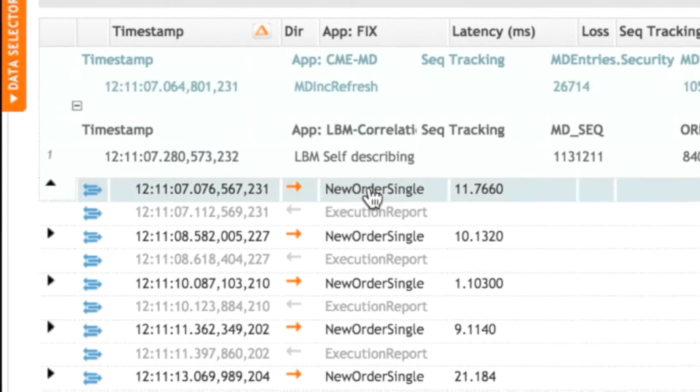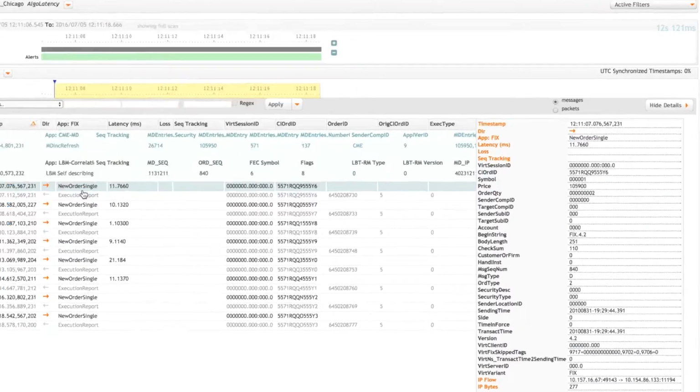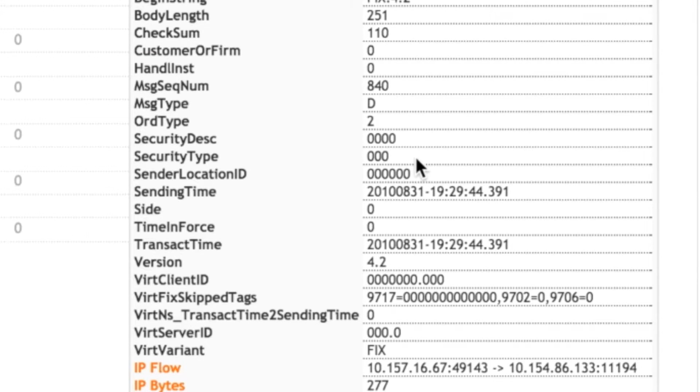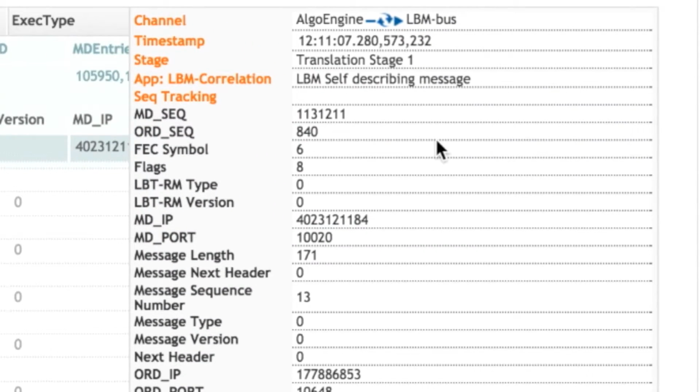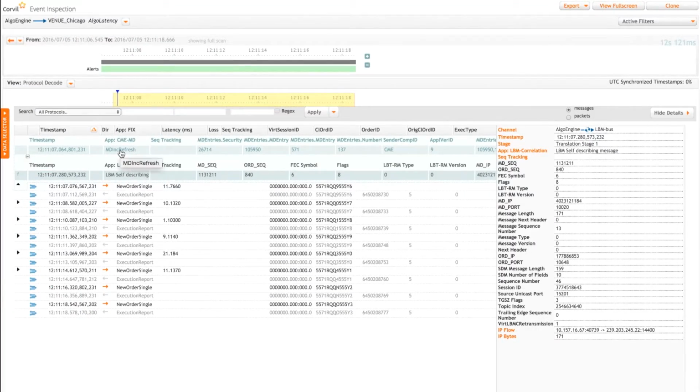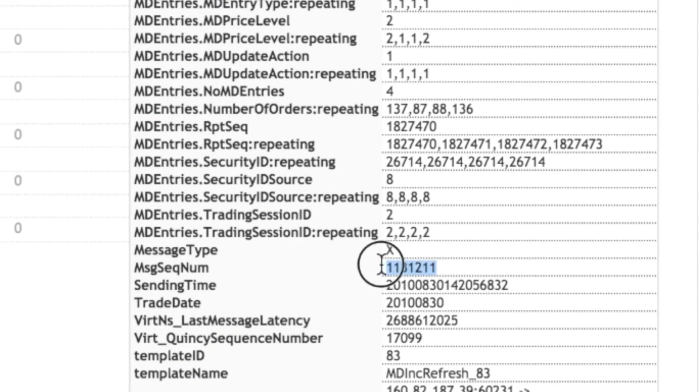So just to step through this in a little bit more detail, I'm going to open up the full message content on the right hand side, starting with the new order single. We have the fully formed order here, and within this we have a message sequence number of 840. Now, if we then look at the LBM message, we can see that it contains two fields, that order sequence number of 840, and it's also got the market data sequence number of 1131211. So if we then go and look at the market data tick, we should indeed find that it has a message sequence number there of